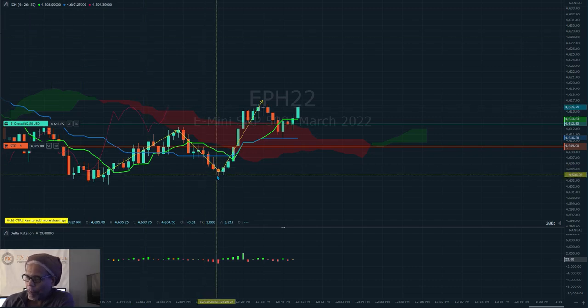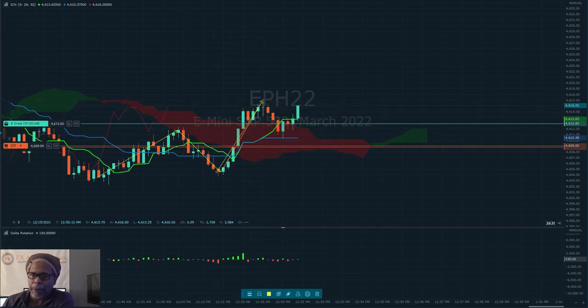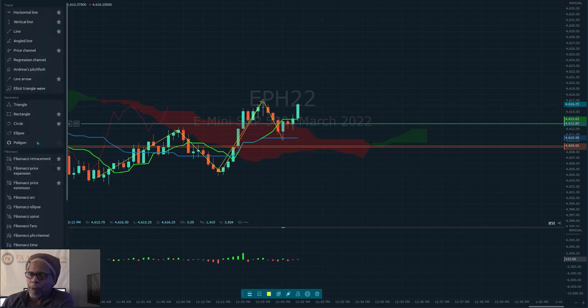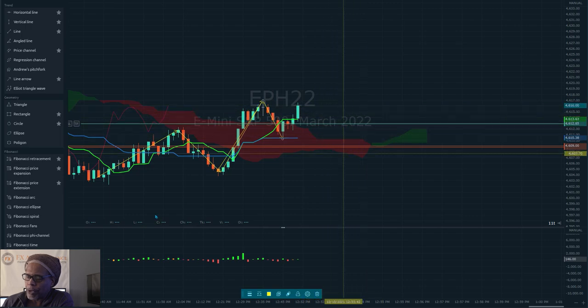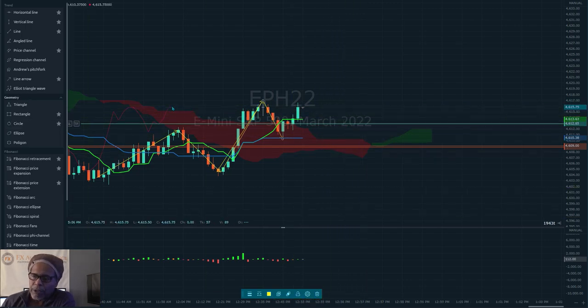So 1, 2, right? And then 3. This is the 3 level. And then we're shooting for 4. Where's 4 going to be? Let's find out. 4 is going to be a 1-to-1 move, measured move. Now we always need to get through 2, because if you don't get through 2, you're gonna fluctuate. You're gonna range. All right, so you need to get through 2,